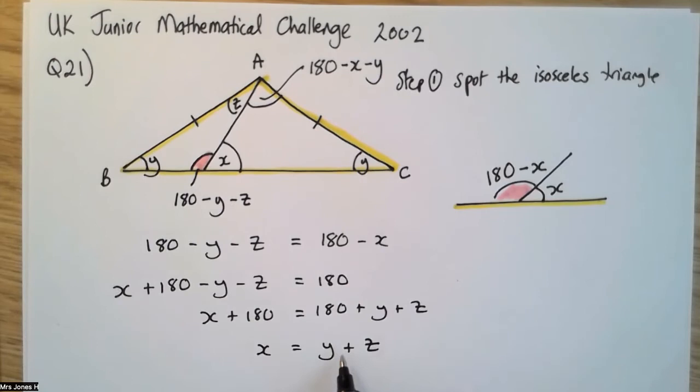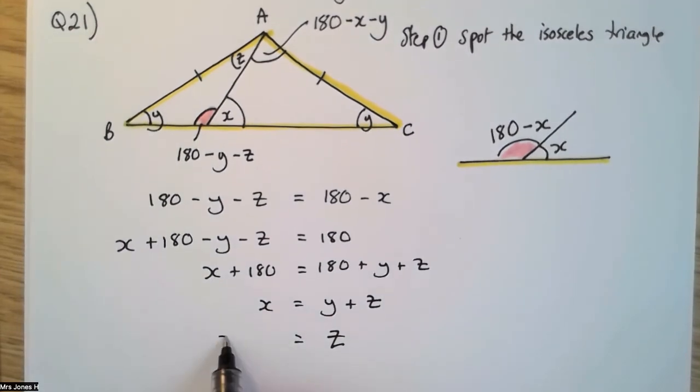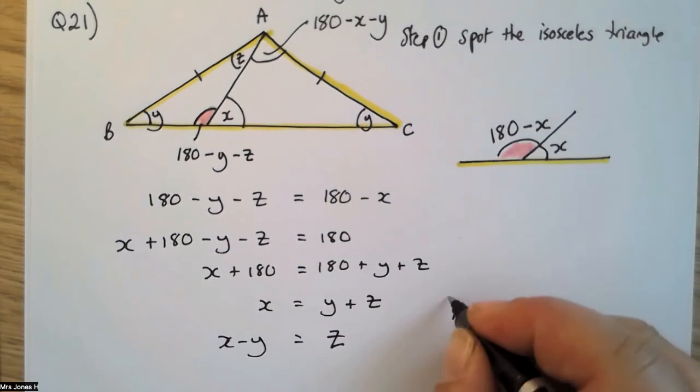Okay, so I need to now get Z on its own. I got rid of my negatives, but now I need to get Z on its own because it says which of the following expressions must equal Z. So I'm going to rearrange that so I've just got Z on its own. So therefore I subtract Y from both sides. And then this is the expression that equals Z, and therefore the answer is